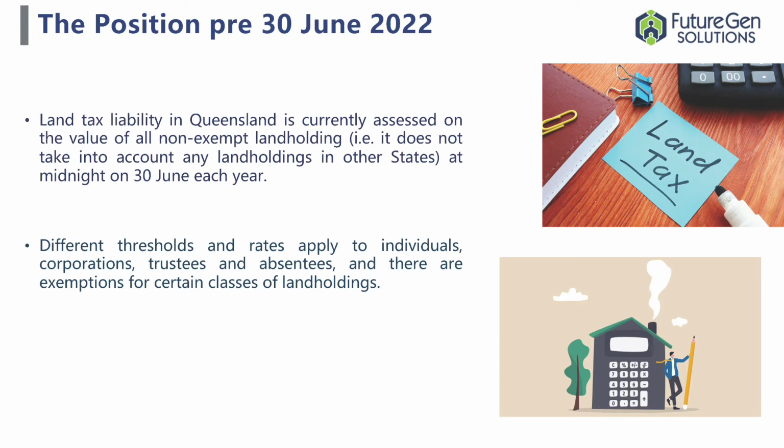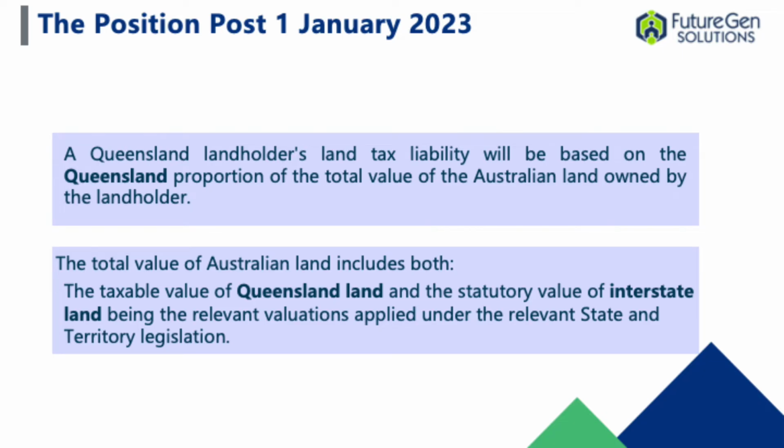It also means that there's different thresholds depending on how you own the land, whether you own it individually, personally, through a family trust, unit trust, or through a company, or through a partnership. There's different arrangements in terms of holdings, and they have different thresholds. So there is some complexity attached to it. But what I will touch on is the fact that the position itself, and I've got a worked example here,